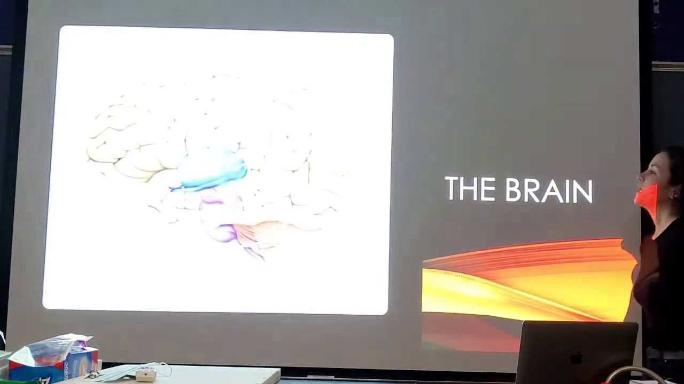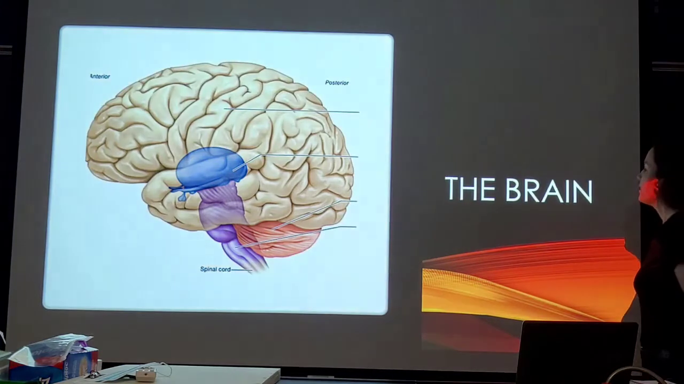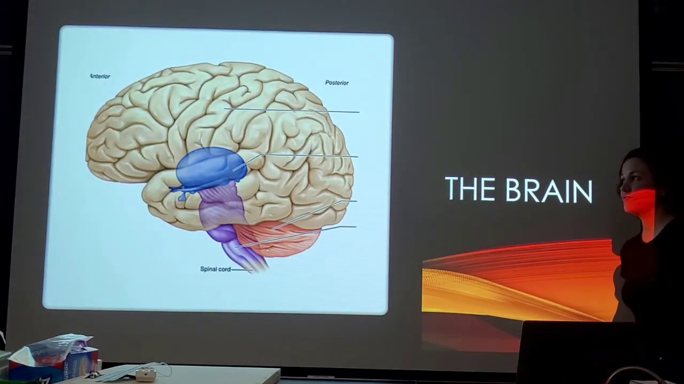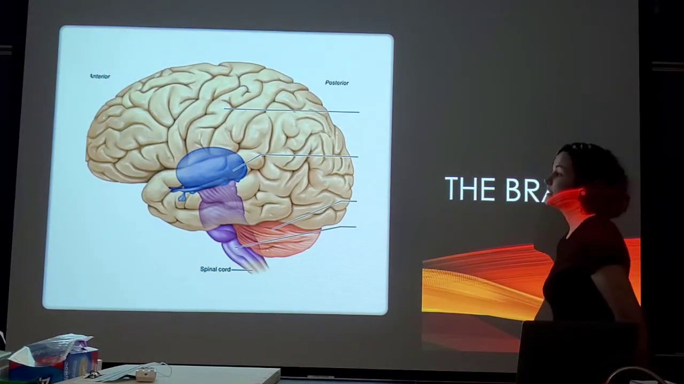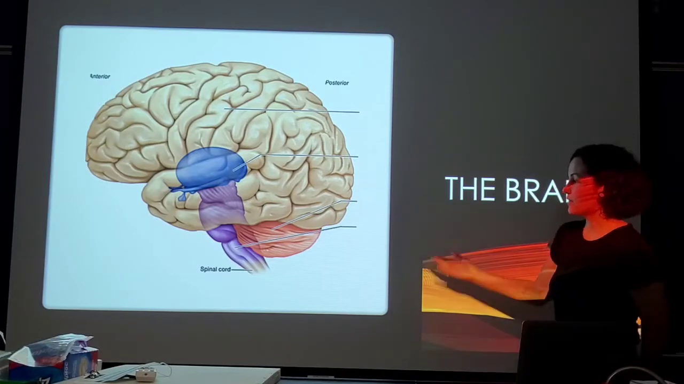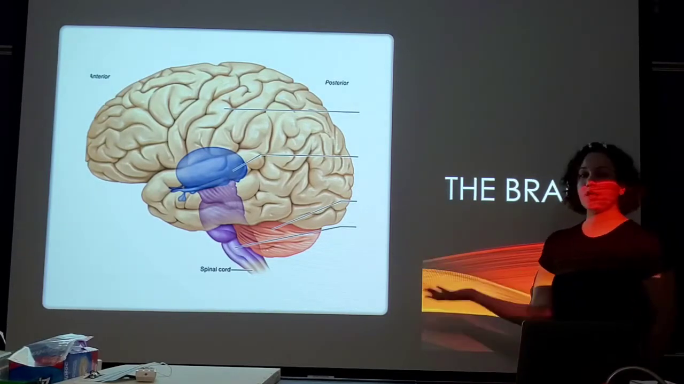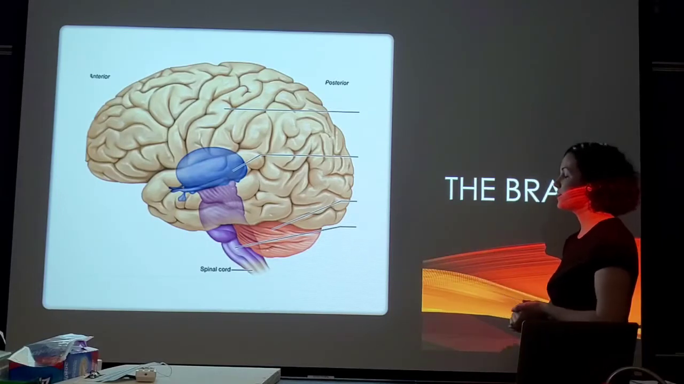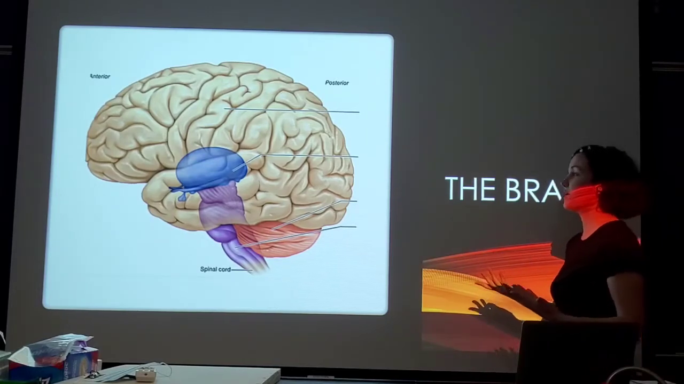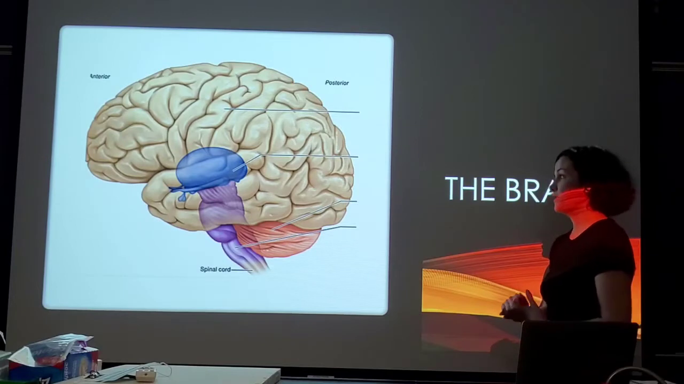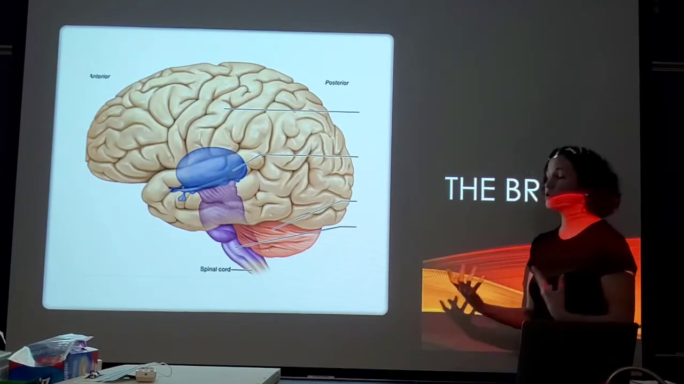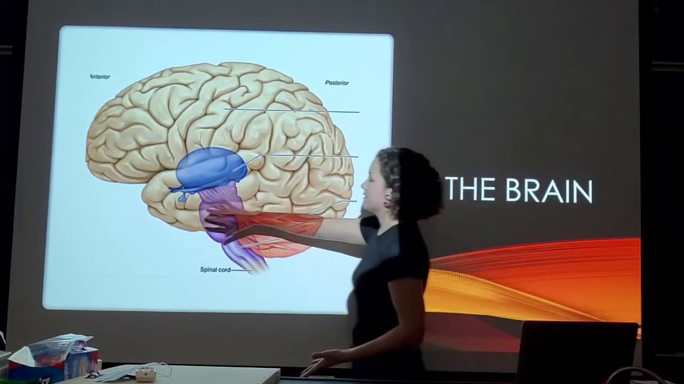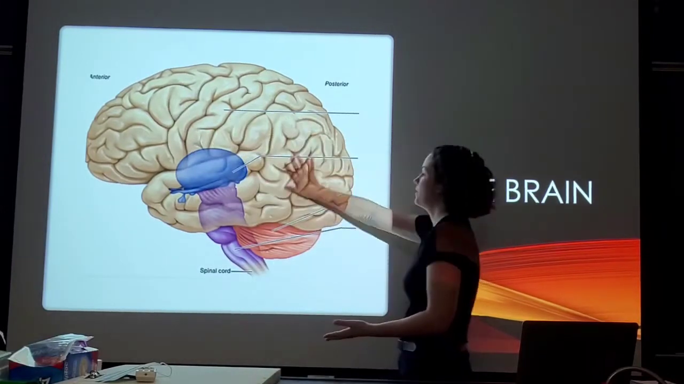Okay, let's go over the brain. Now, the brain is divided into 4 different divisions. And luckily for us, this cartoon is colored so that we can clearly see those divisions. The first one and the largest one is the cerebrum. The cerebrum is the majority of the brain. It is all of this tan colored